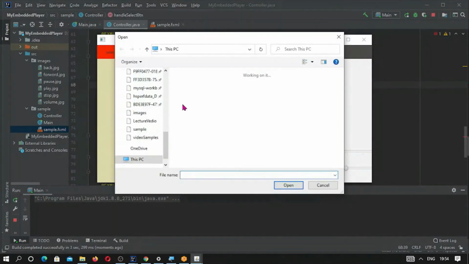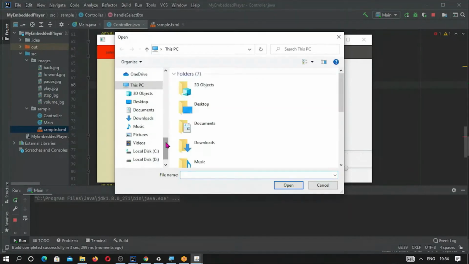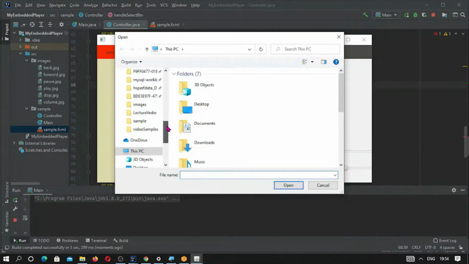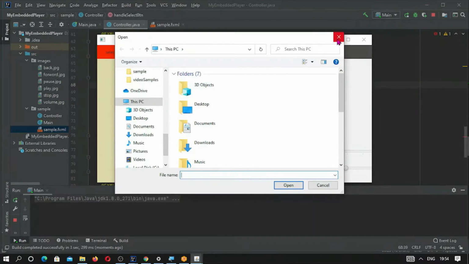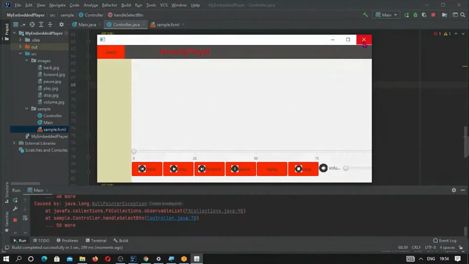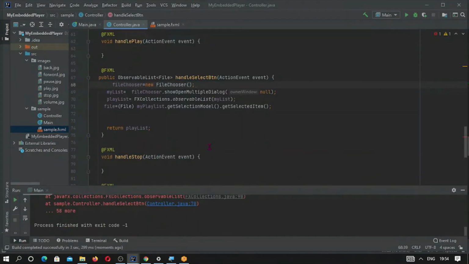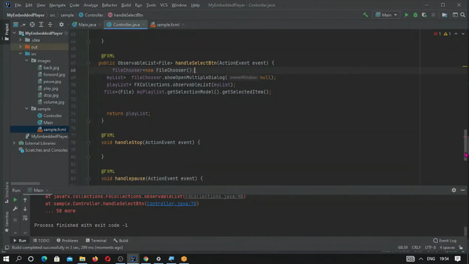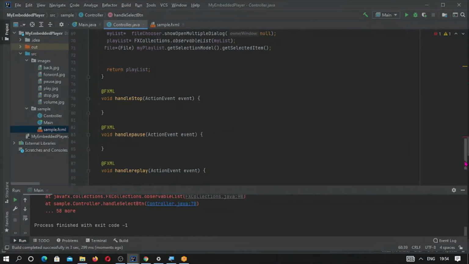So this is a file dialog, and now suppose we have selected a file. Now the select button programming has been completed. Whatever file we have selected from the selection model needs to be taken in the play button.